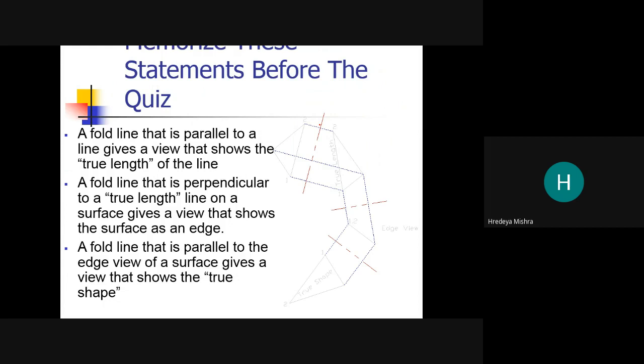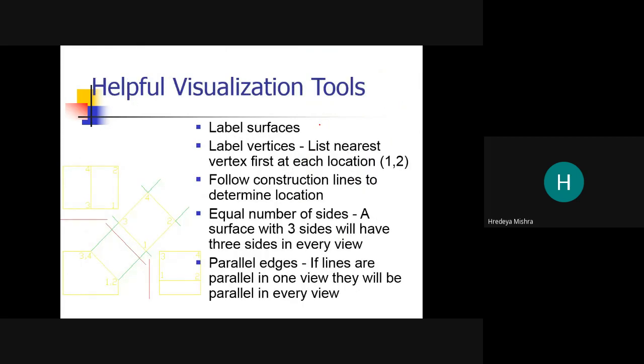Okay, that is the important statement which we have to remember, keep in our mind before starting the auxiliary view. So next point, a fold line that is parallel to the edge view of a surface gives a view that shows the true shape. Okay.